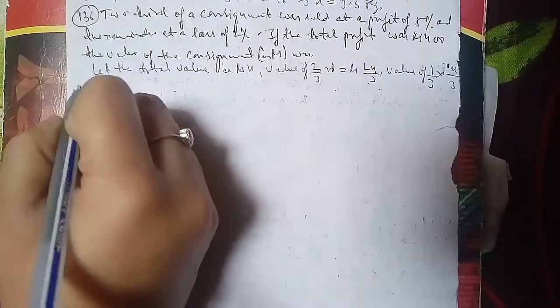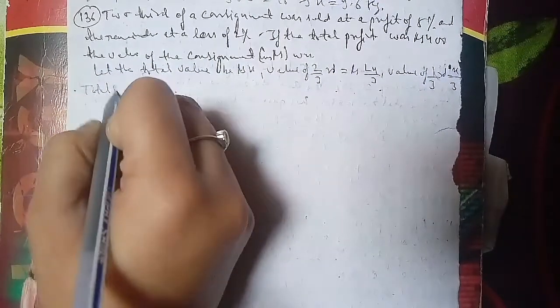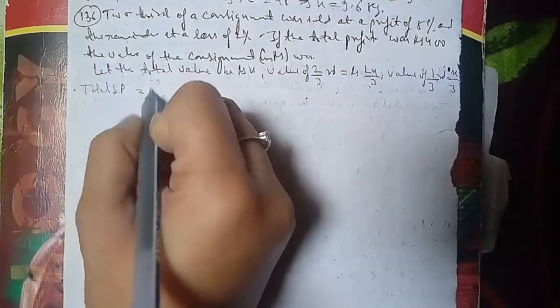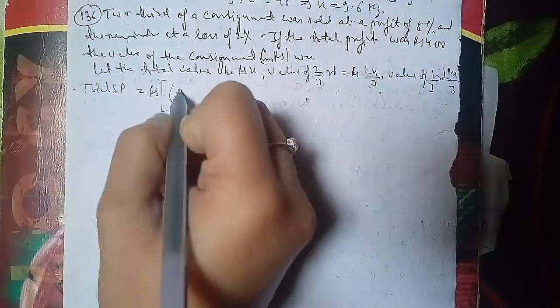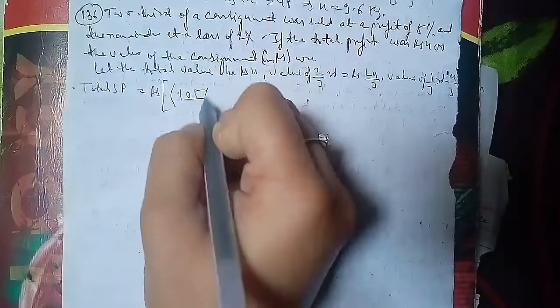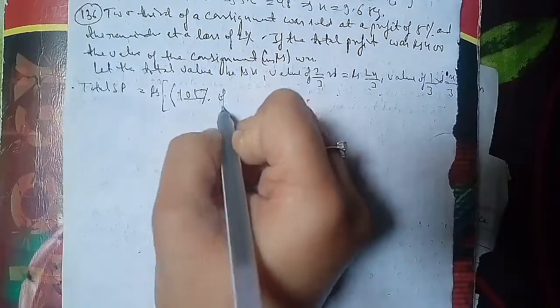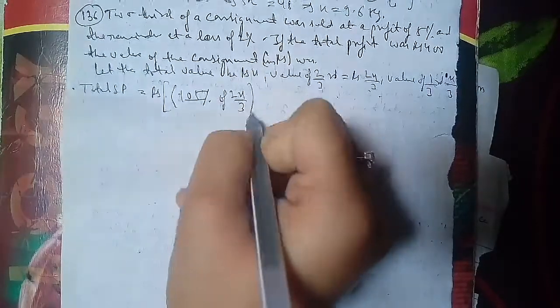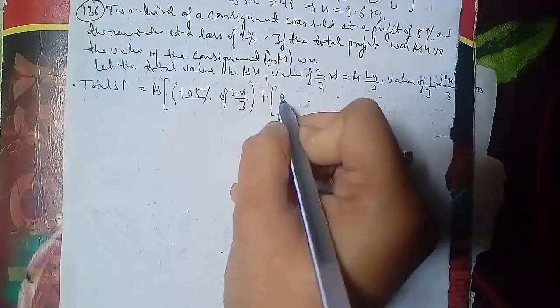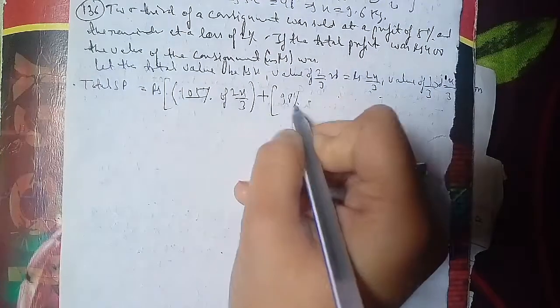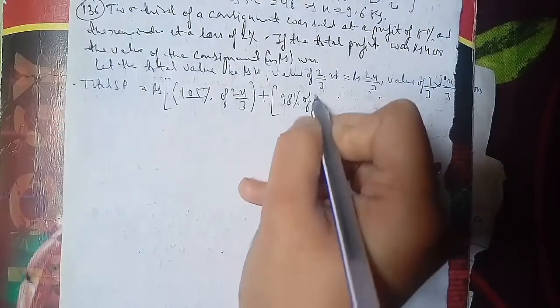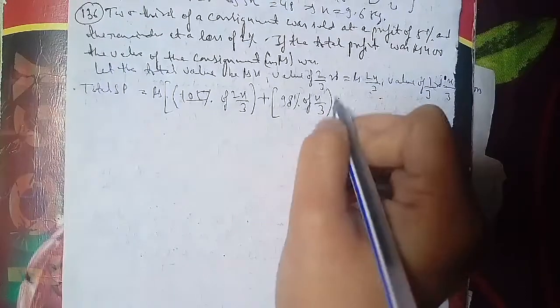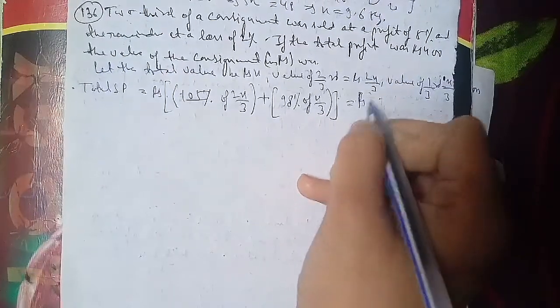Total selling price equals rupees 105% of 2x upon 3 plus 98% of x by 3 equals rupees